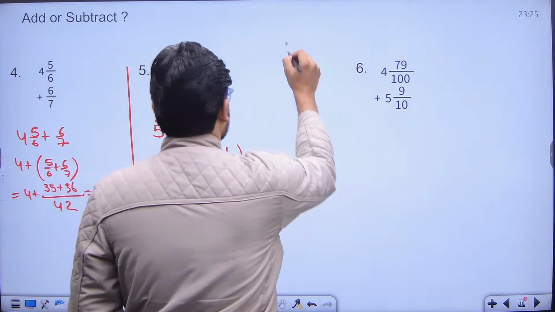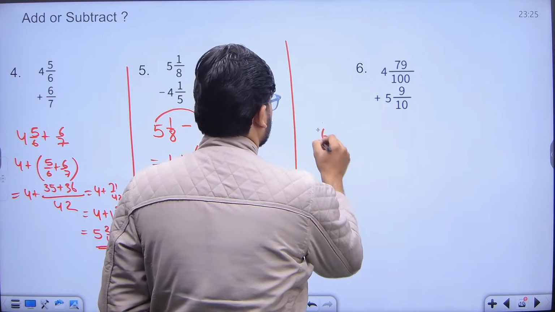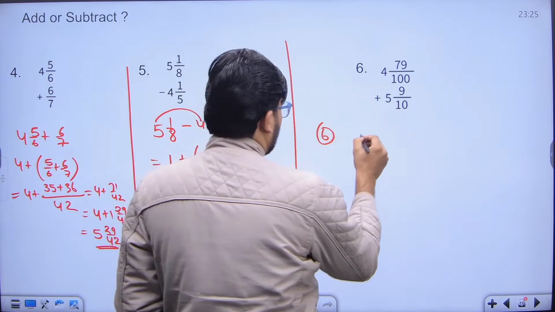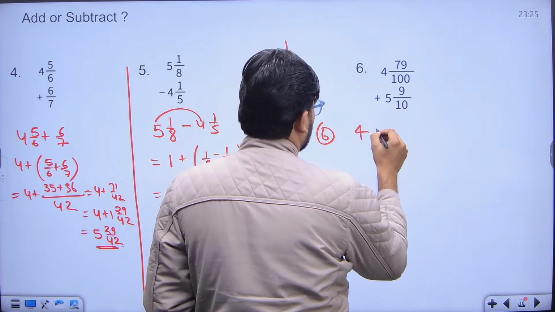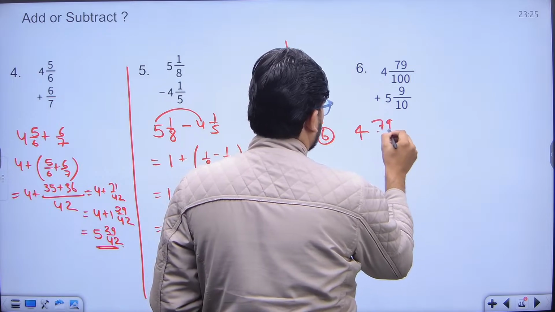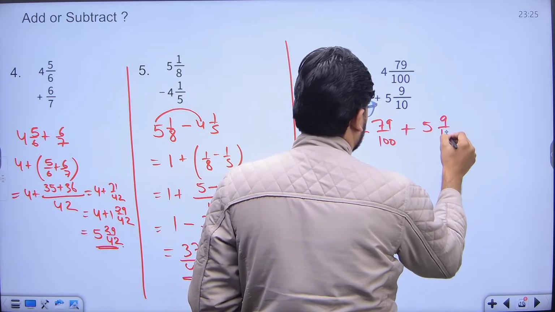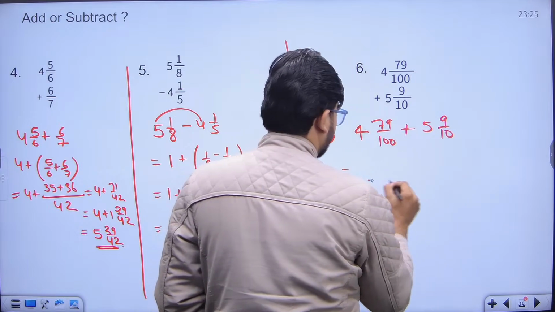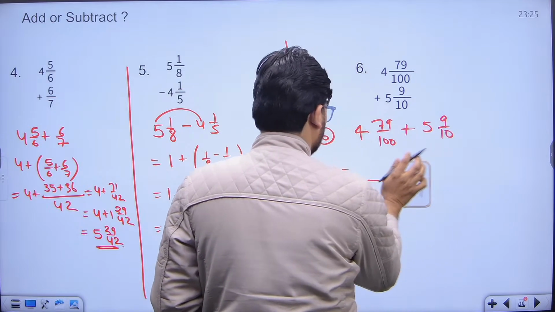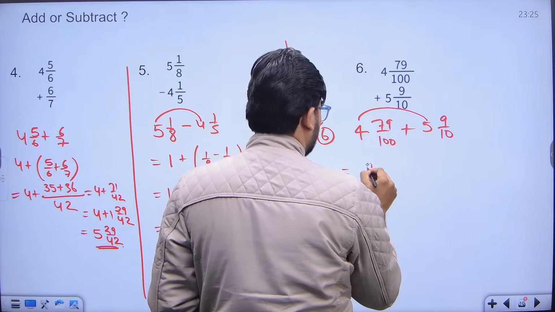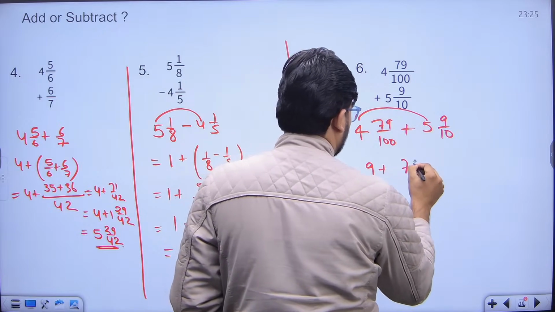Moving to the next question. Question number 6. It is 4 79 by 100 plus 5 9 by 10. So 4 plus 5 is how much? 9, plus 79 by 100,